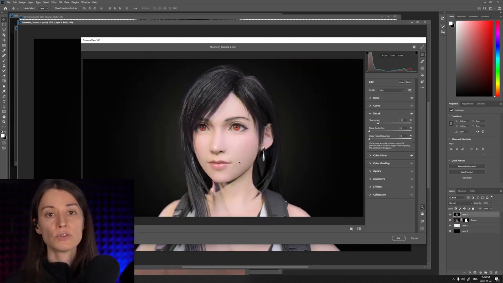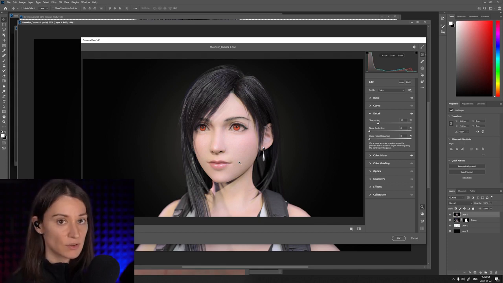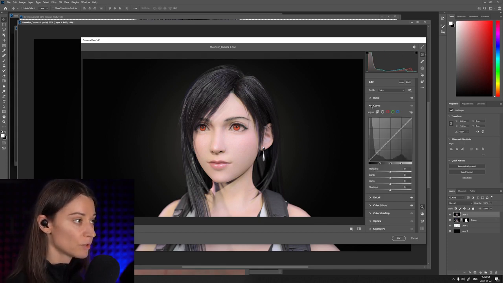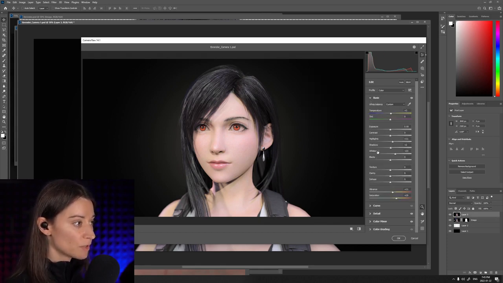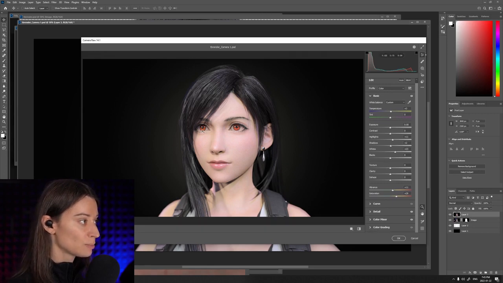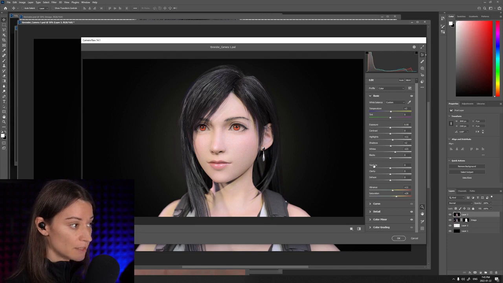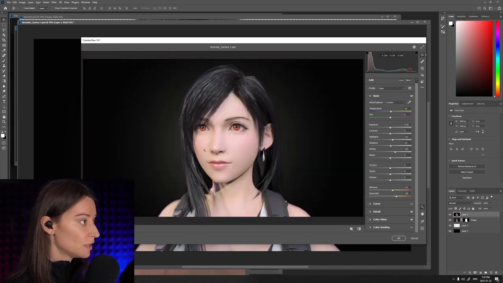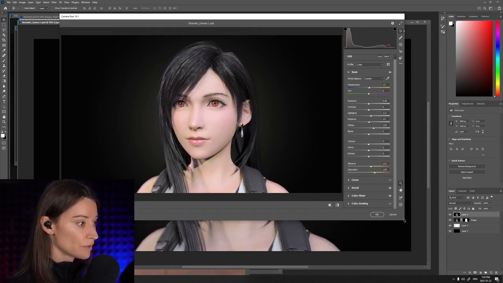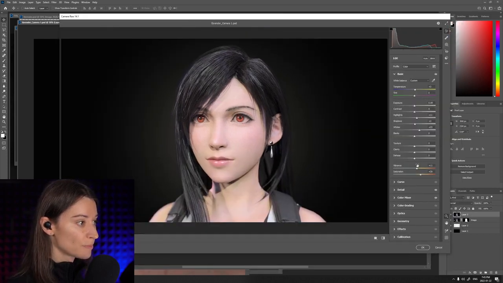I find it very, very interesting to come in here and play with these settings a little bit, never trying to create any very specific recipe, just exploring to see where this takes me. I particularly like these, in fact, texture, clarity and dehaze. I don't know if in this case these are going to look all that great for us, but I really like to play around with these because if you actually reduce